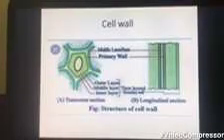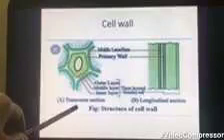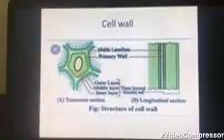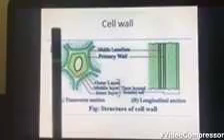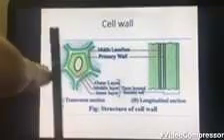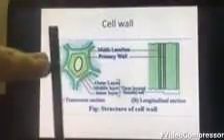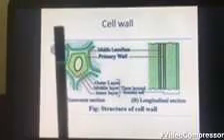Now here you have a diagram. You can see a diagram which has the structure of a cell wall. Here you can see that the word transverse section is mentioned and here longitudinal section is mentioned. Now let me just tell you what is transverse section and longitudinal section. If you have a structure like this, and you make a slice in the horizontal manner and see this from the upward direction, the middle part, this section is known as transverse section. This is also known as cross section.